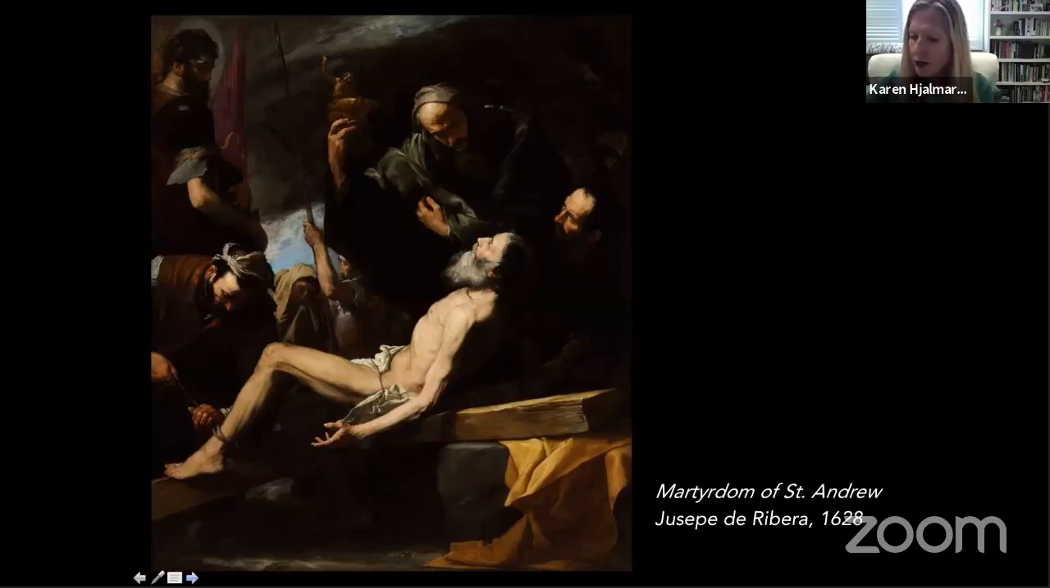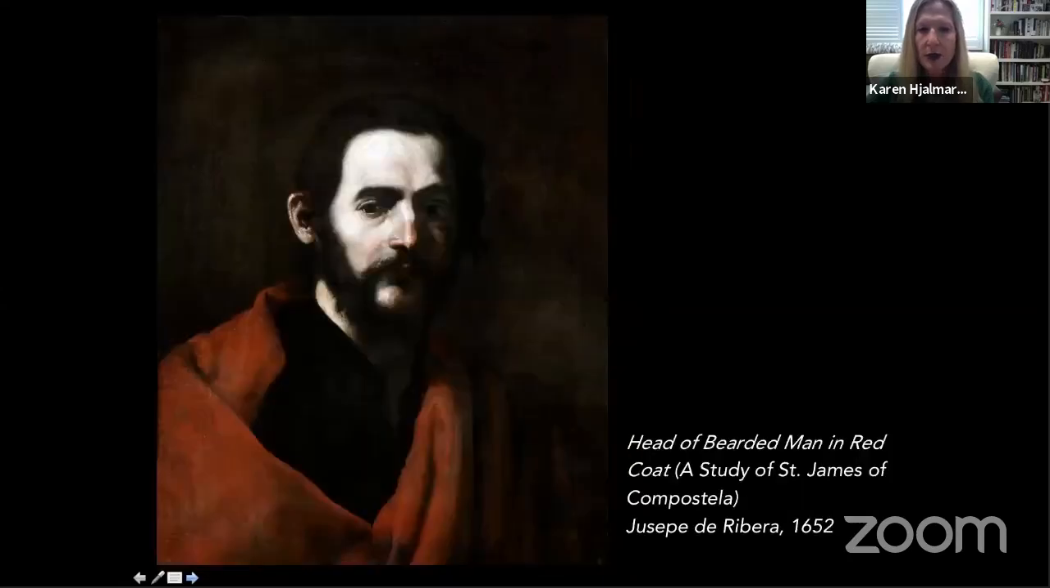So we will now move on to another painting by Ribera, Head of a Bearded Man, or a study of St. James of Compostela. Even though it states it as a study of St. James, we're going to talk a little bit about James, and his brother was John, and he too was an early martyr. His strength as a religious figure was so intense that